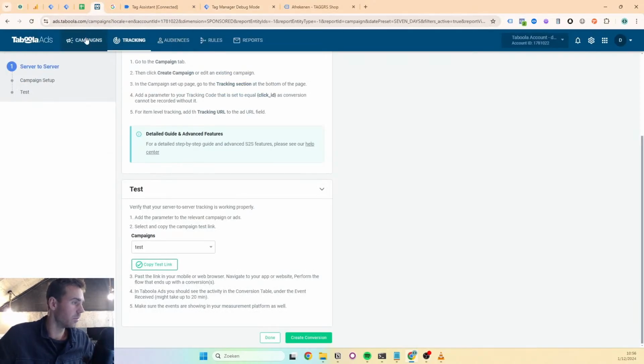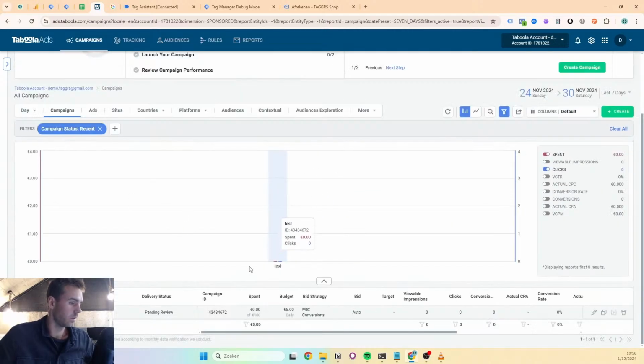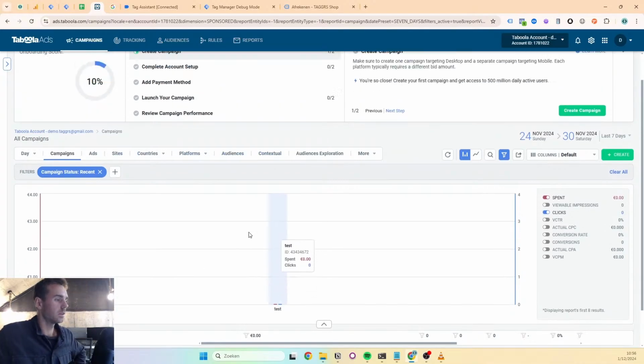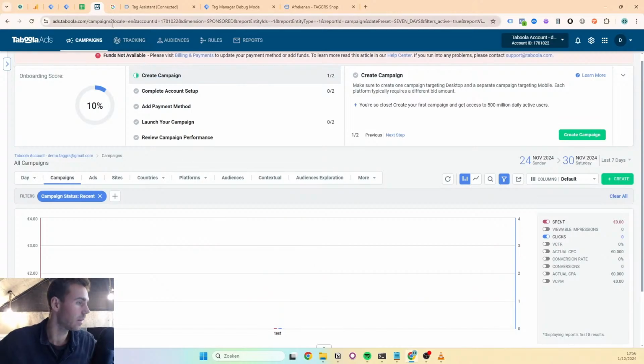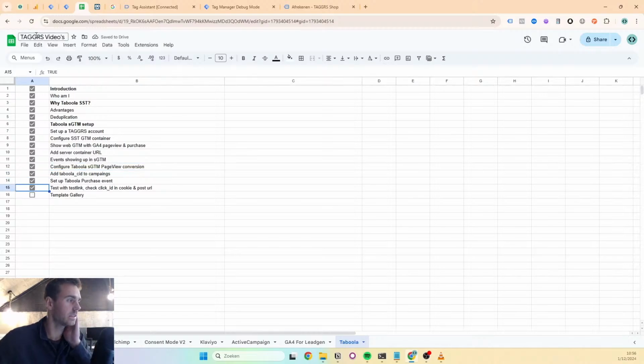After some minutes, you can see in your campaigns if the event has entered, but it can take up to 20 minutes. So we will not wait for that. Let's check what is missing. Okay, one last thing is that we have